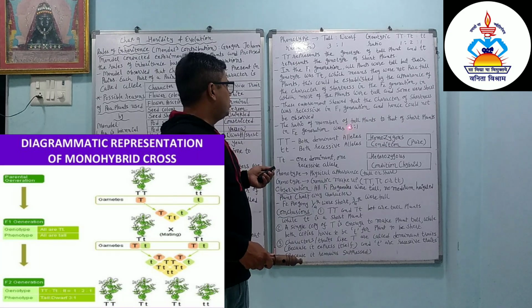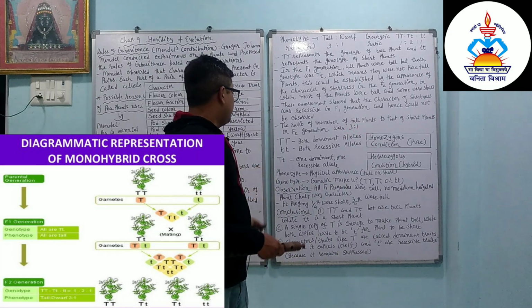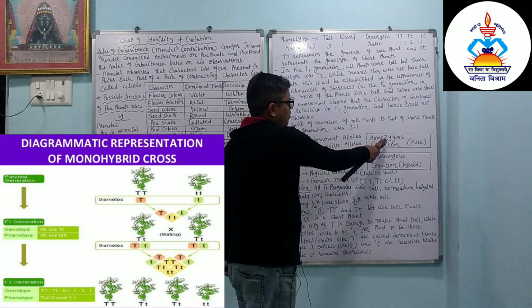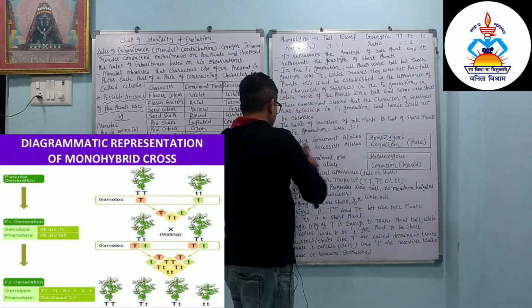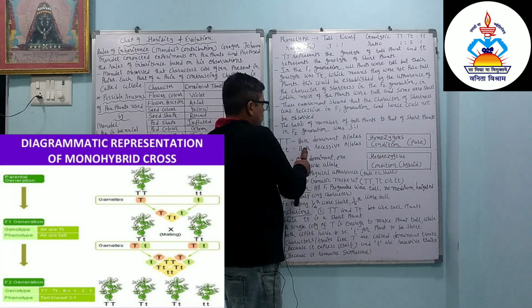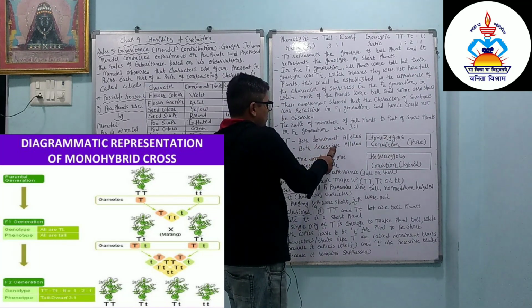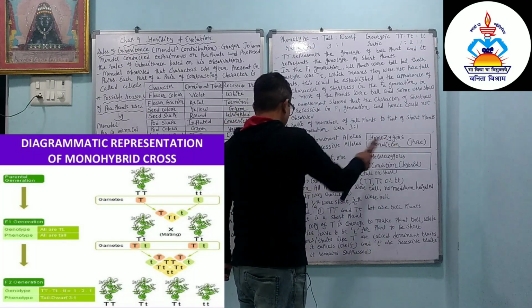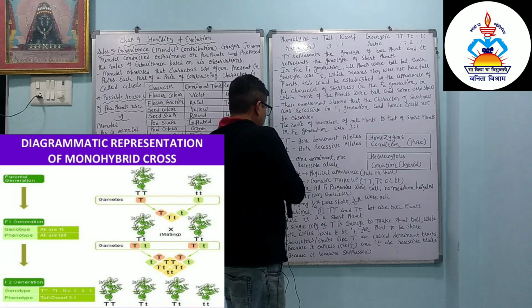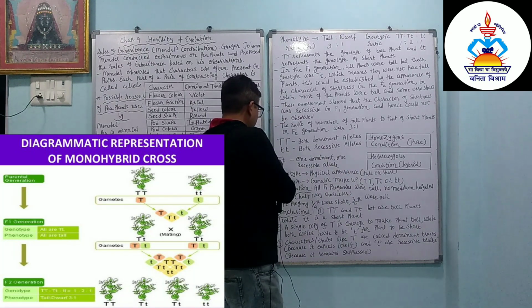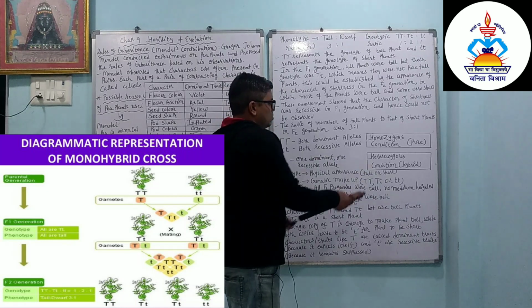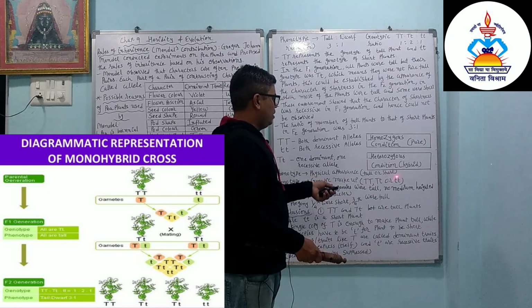Means what? Three are tall plants and one is what? Short plant. Capital T and capital T, both dominant alleles, so that is called the homozygous condition, that is pure. Both small t, both recessive alleles. Recessive alleles means hardly possible, dominance means mainly possible. They are also homozygous condition, pure. Capital T, small t, we can say tall plant and short plant, one dominant and one recessive allele. It is what? Heterozygous condition and it is called the hybrid.